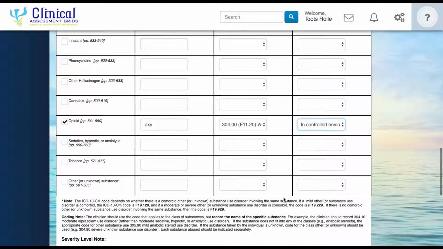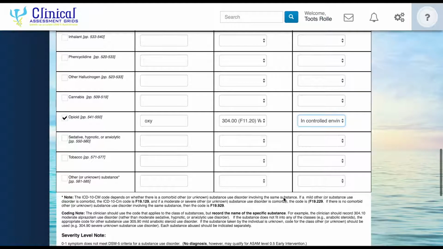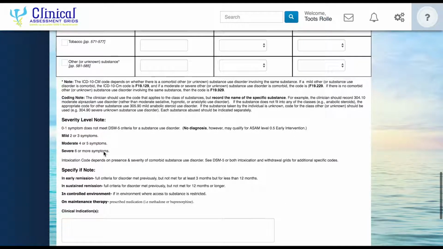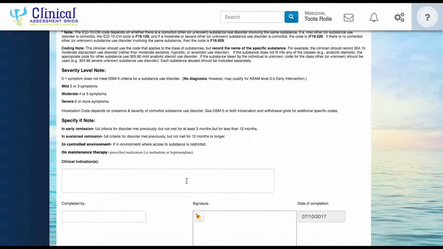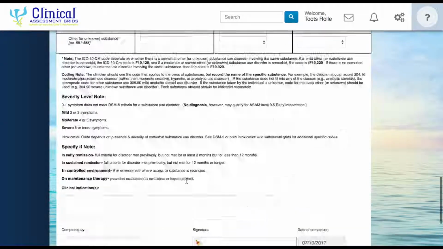Okay, so that's it. This is the coolest part that we developed. So we made this to make your assessment really fast. And here, of course, the severity level note, and the specify if note. So in early remission, it will tell you right here to make it easier for you guys. Okay, so